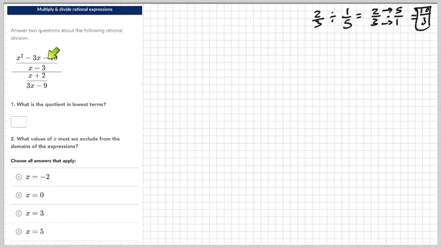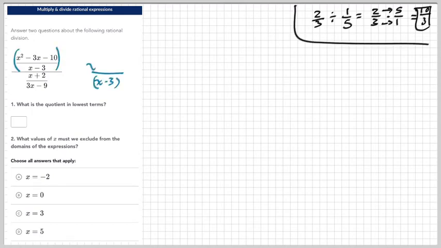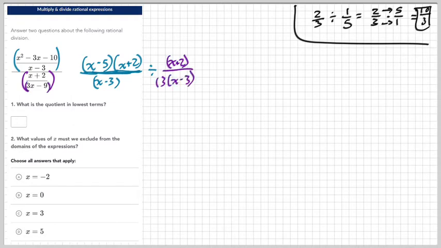I mean, this thing looks so nasty, but it's just a giant division problem with two fractions. And so that's what we're going to do right now. Okay, so we're going to take the top one, and then I'm going to change this. Do I change it yet? No, I don't change it. But I make sure everything is factored. The key, the trick is to make sure everything is factored so you can see common factors so you can